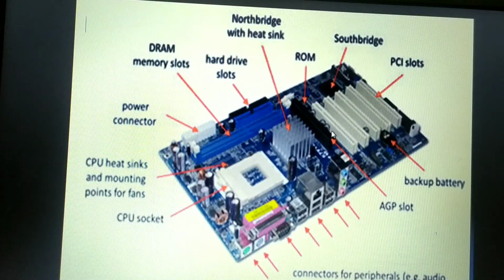Yes, this is how the advanced ATX motherboard looks. This is the CPU socket. You can see here the CPU socket, with CPU heat sinks and mounting points for the fans. This is nothing but the MPGA, the micro pin grid array processor socket it is using. And this is a power connector. It might be the 20 or the 24 pin connector. And this is the AGP slot, the accelerated graphics port, exclusively used for 3D gaming purposes. Nowadays all our new processors support gaming, right? So this is for that.